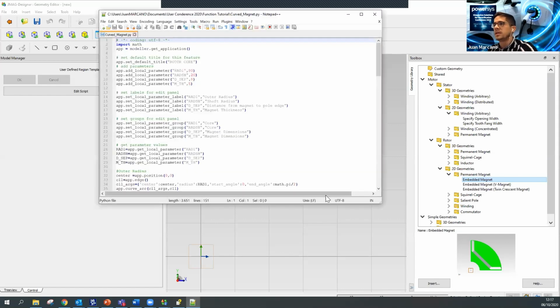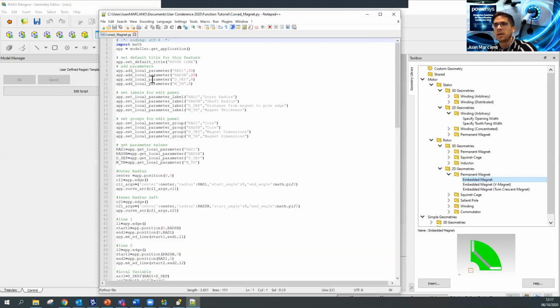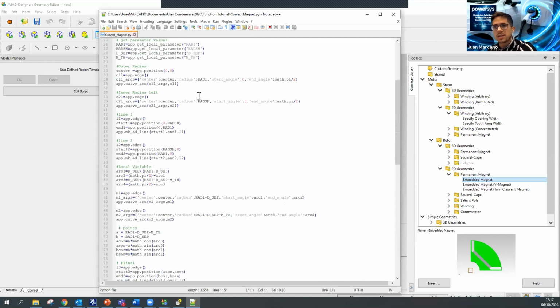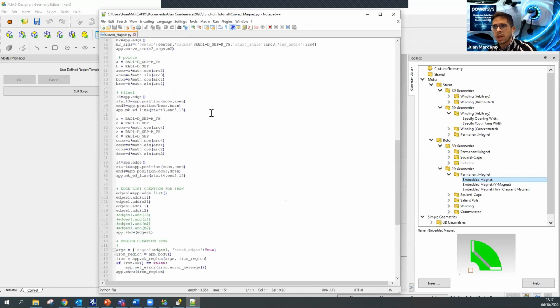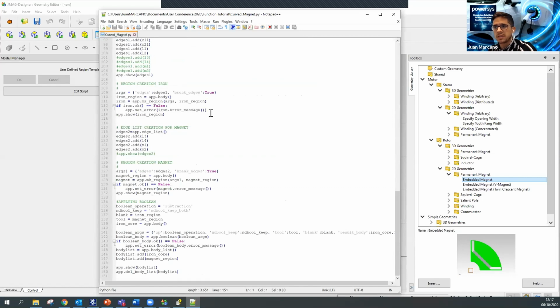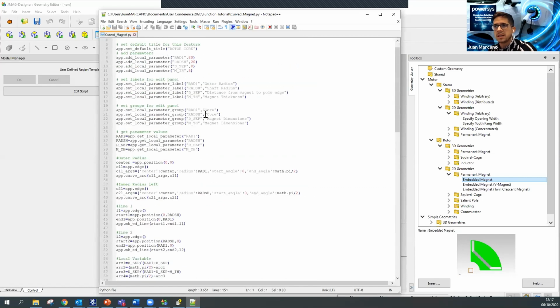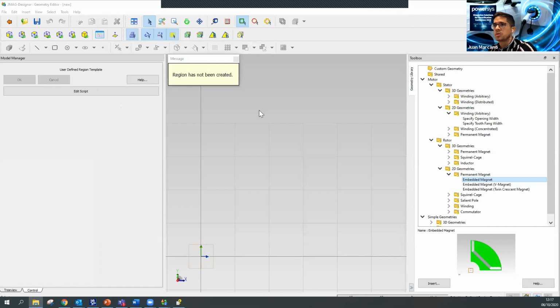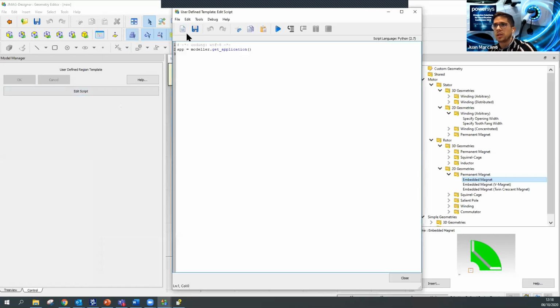I have created this geometry template, including all the variables that will be used to describe my rotor with my magnet. I have written this in an external program, Notepad++. In here, I'm defining all my regions and all the lines. And basically what I can do is use that Python scripting and import it here into my scripting editor within